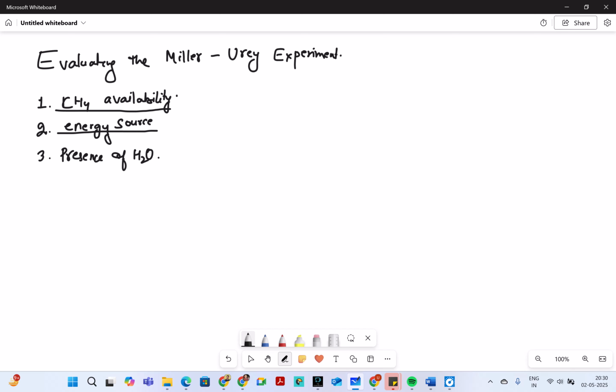So this is supported. What about the nucleotides? Miller and Urey were unable to generate nucleotides. They have not found them. Nucleotides have since been chemically synthesized using different ideas or approaches, but so far it is not practically